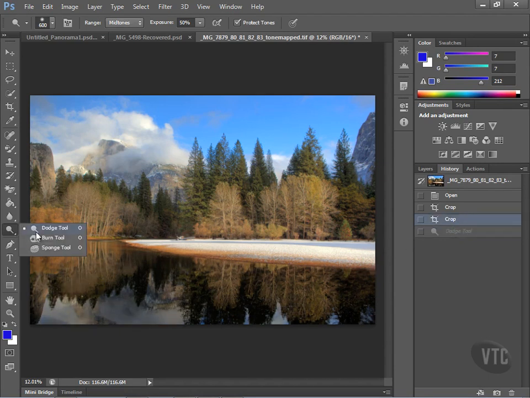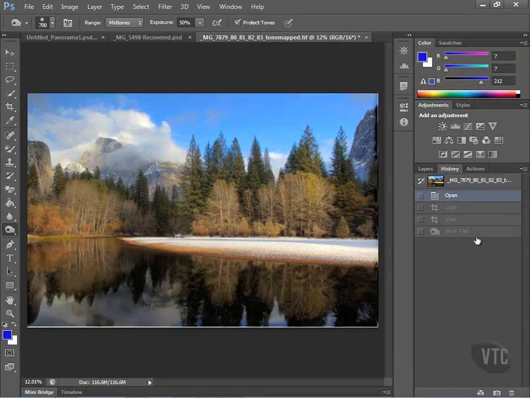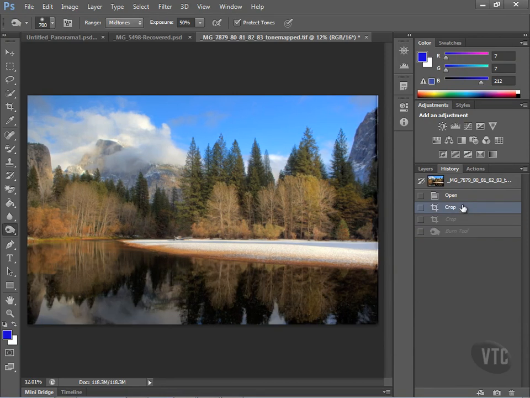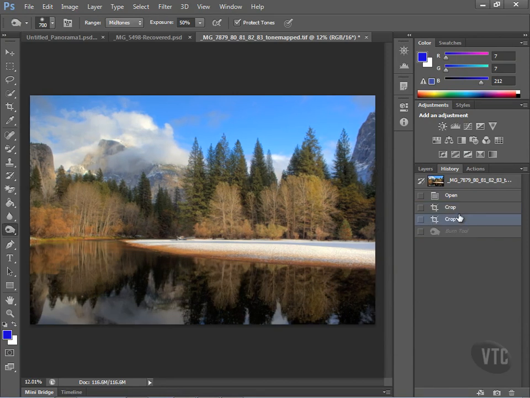Now the next one down, of course, is the burn tool, and it does the exact opposite of the dodge tool. It makes things darker. And if we swipe this area here, you can see the change, before and after. I had to crop this image just a little bit, so we'll just take that as the before and after. Now the next one down is the sponge tool, and this one has a little bit of a